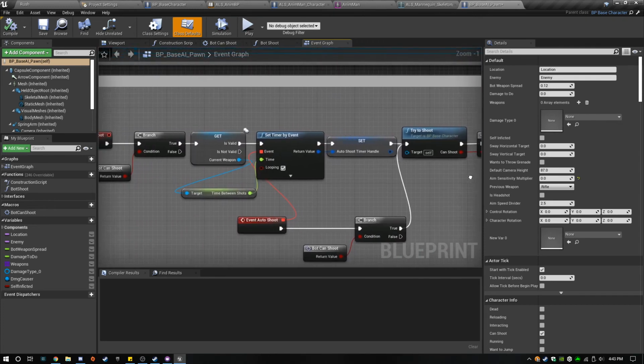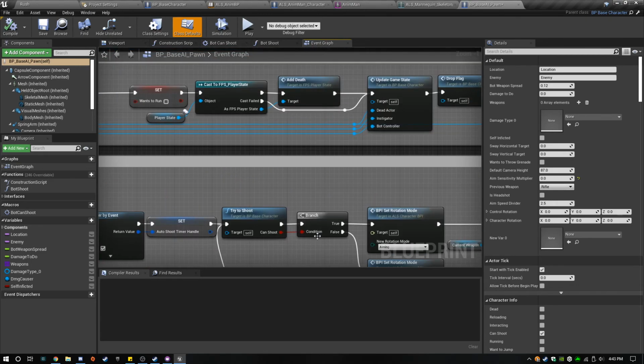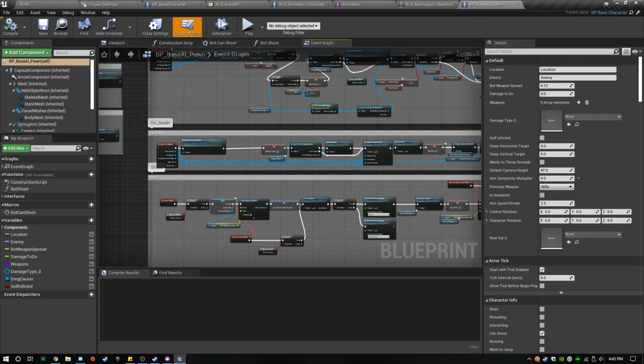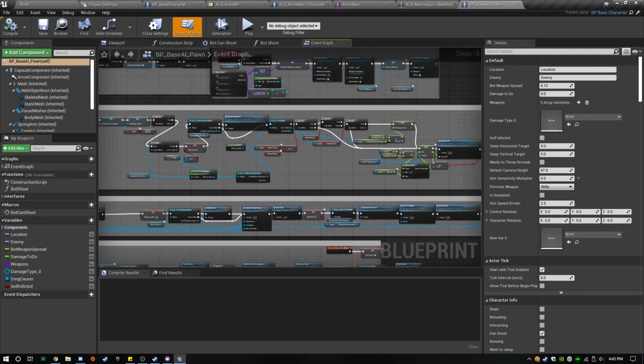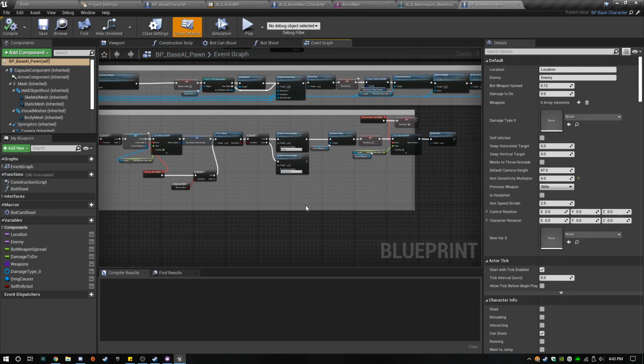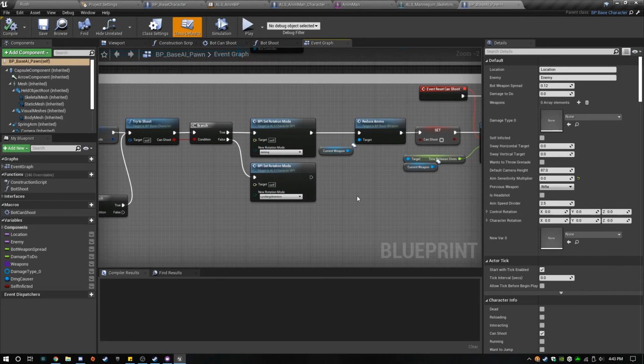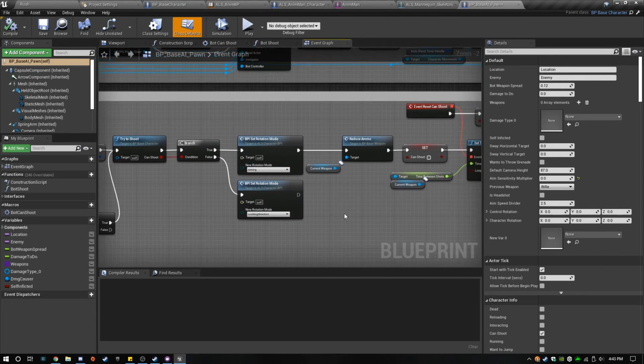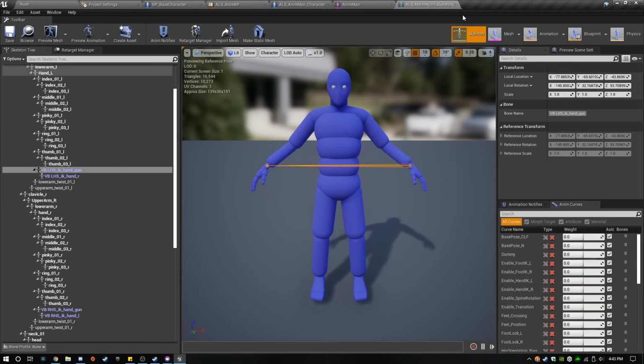And this one works a little bit different because there is no input for a bot. Oh, it's already here, right, because we only reverted the BP base character, so we don't need to change this. Duh. So that's fine.